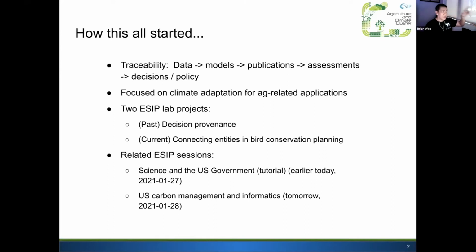Now, what we did was, using these two past projects, the decision provenance and the connecting entities to bird conservation planning, we've been applying the technology developed there to two different things. One is today's tutorial that was this morning, where we're talking about science in the US government. In that tutorial, we didn't have time to show, but what we did was to show, we took